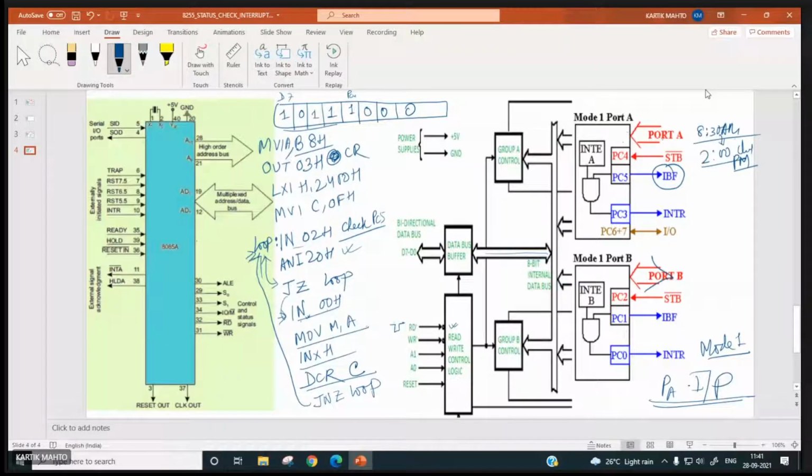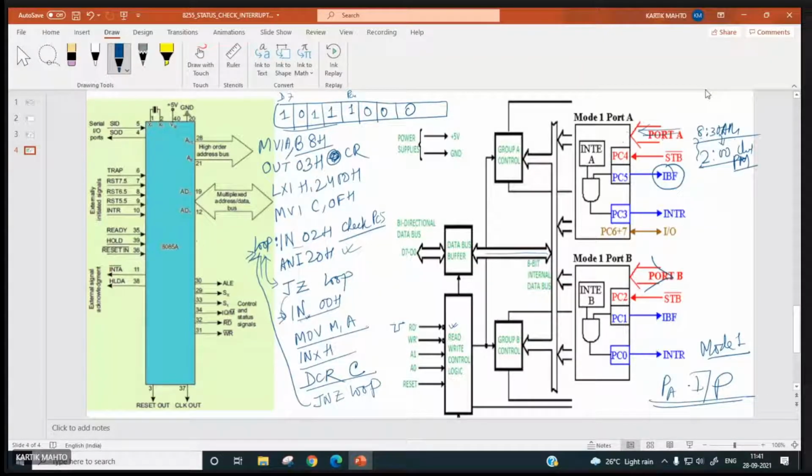Of course, nobody is going to come between 8:30 and 2 p.m. After 2 p.m. only, workers who will be working in the second shift will come over here and start punching their cards.